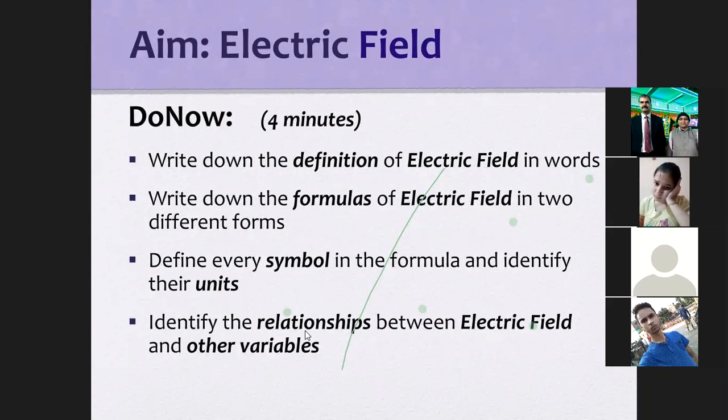in two different forms. दो डिफरेंट फॉर्म में, एक था E equal to F E upon Q, कैपिटल E equal to F E upon Q। दूसरा क्या था, कैपिटल E equal to K into Q upon R square, दो फॉर्मूला। तीसरा, अब देखिए, डिफाइन एवरी सिंबल इन द फॉर्मूला एंड आइडेंटिफाई देयर यूनिट, और उस इलेक्ट्रिक फील्ड की यूनिट भी पता करना है। इसके बाद है आइडेंटिफाई द रिलेशनशिप बिटवीन इलेक्ट्रिक फील्ड एंड अदर वेरिएबल्स, इलेक्ट्रिक फील्ड के साथ अदर वेरिएबल के साथ क्या रिलेशन है, इलेक्ट्रिक चार्ज है, इन दोनों के साथ क्या रिलेशन है।